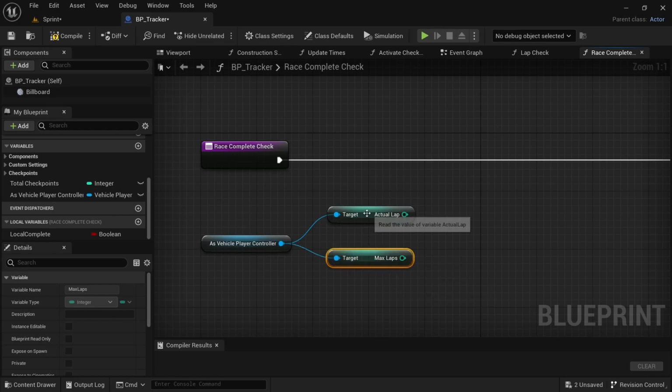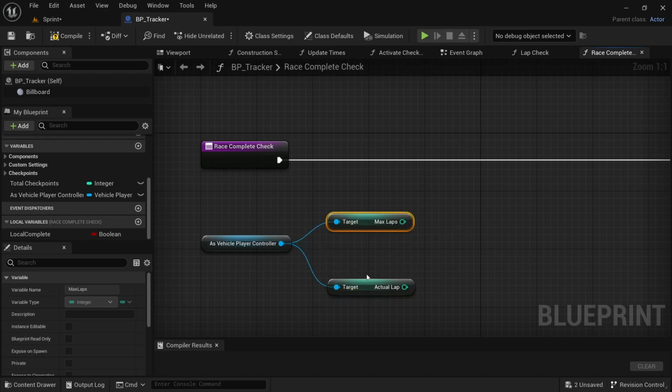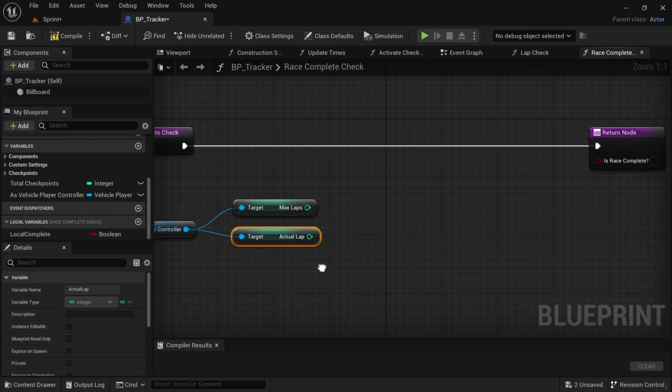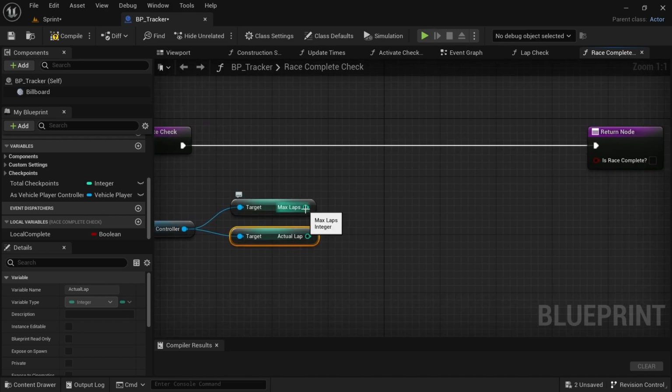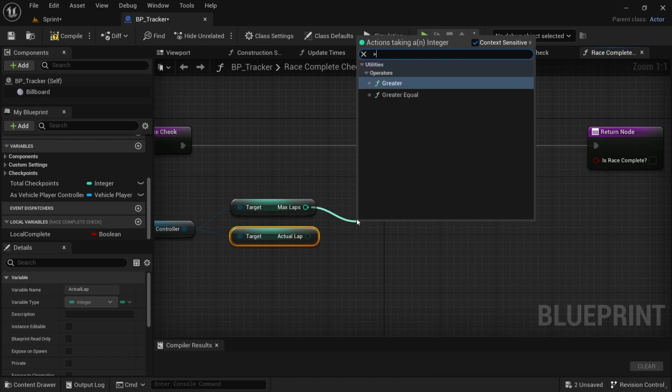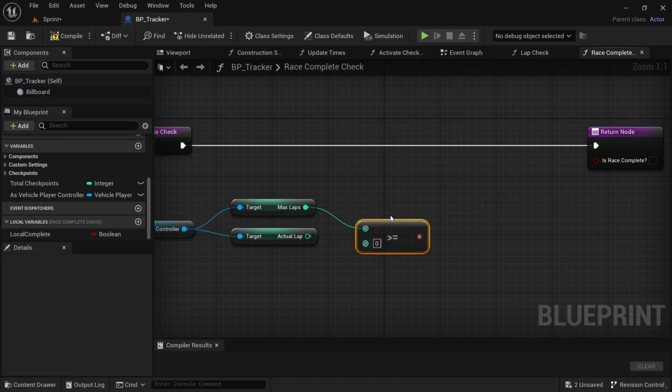Oh, sorry. This should actually be reversed. It should be the other way around. The max lap should be on top and the actual lap at the bottom. Just reverse the two. And then from the max laps, drag off and search for the greater equal to sign,